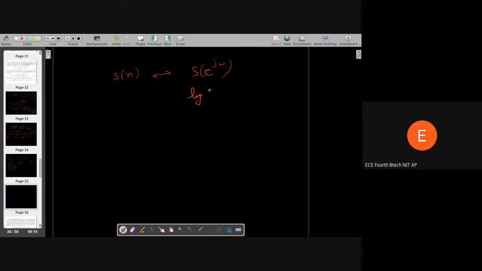But what will happen if you take the log of this? Then what will happen? If you take the log of this Fourier transform and then do the inverse Fourier transform, what is the relation? We denote that by S hat n. So basically S hat n into 1 by 2 pi